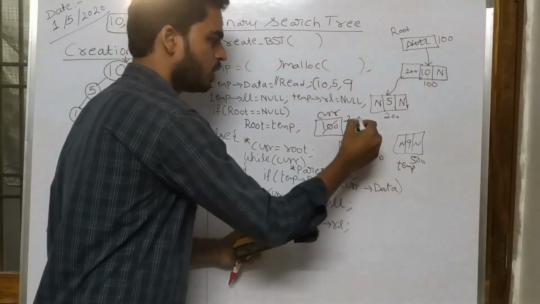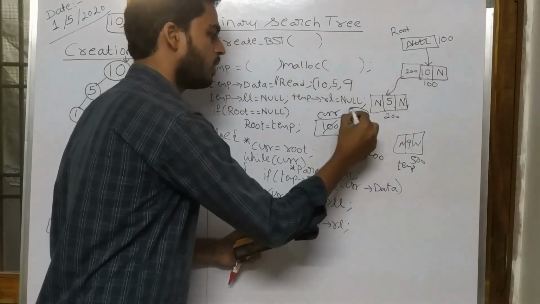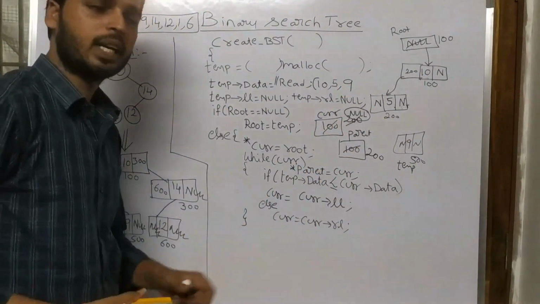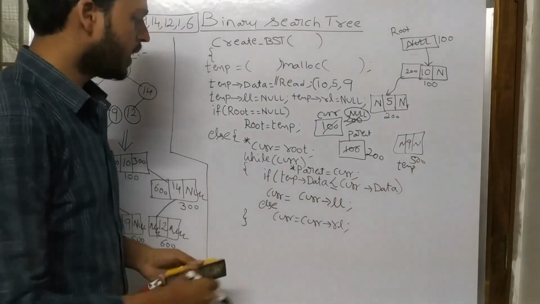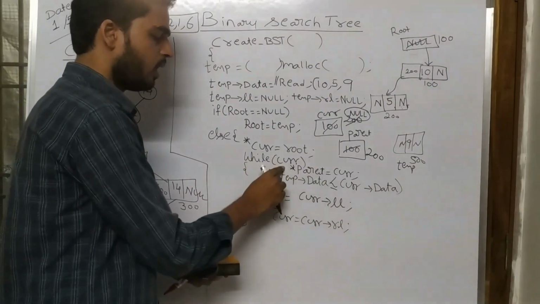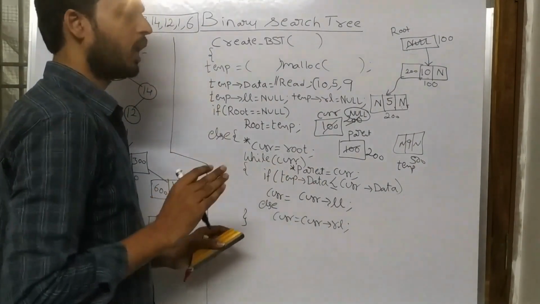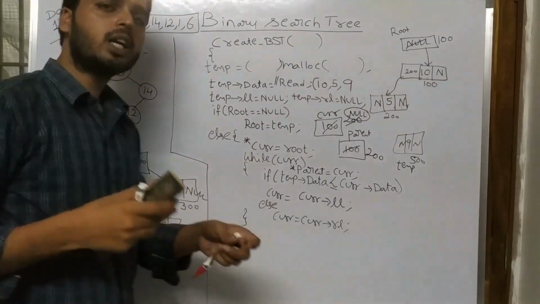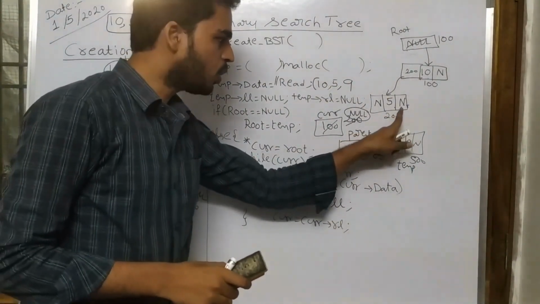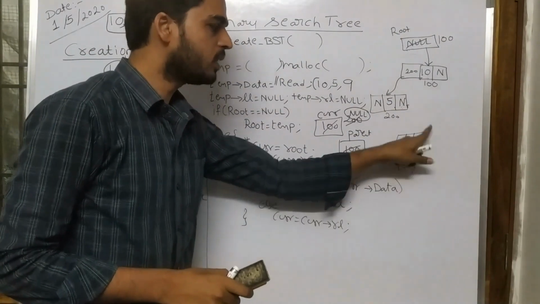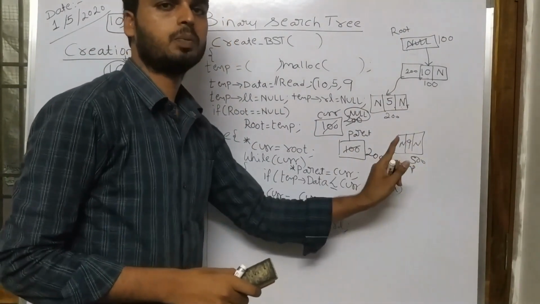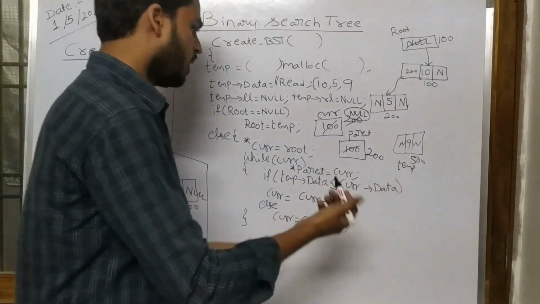null. So it is going to make current null here. When it is null, it is going to execute the while once again. While null, the condition fails, so it comes out of the block. When it comes out of the block, what you need to understand is that for this node, I need to add this corresponding new node. For this node, you need to add. Right? Now you can observe,